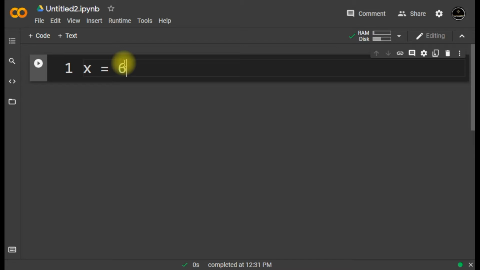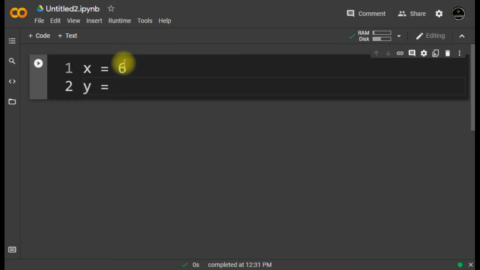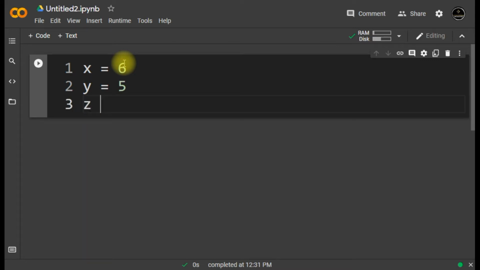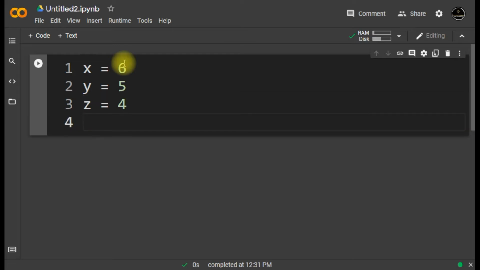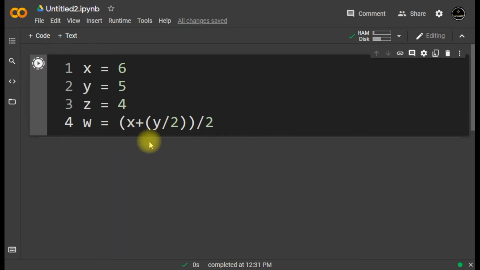Now suppose I have some values like x is equal to 6, y is equal to 5, z is equal to 4, and I have to create an expression like x plus y by z, whole divided by 2. And if I run this, the y by z value will be divided by 2, and it will be about 2.5, and after that